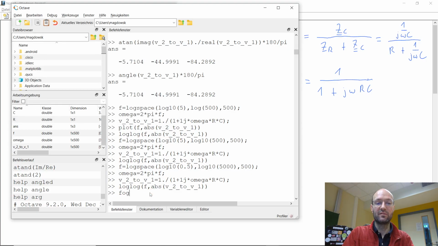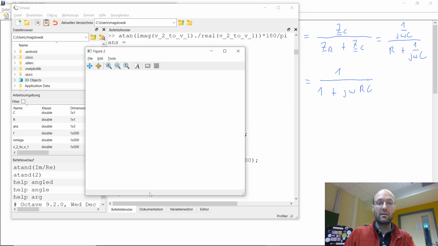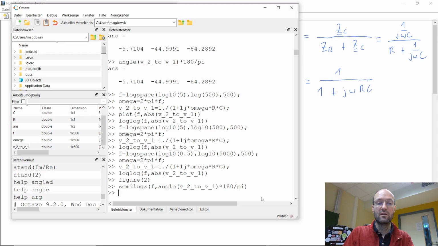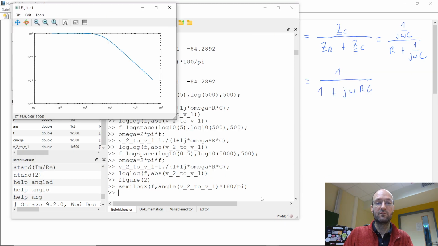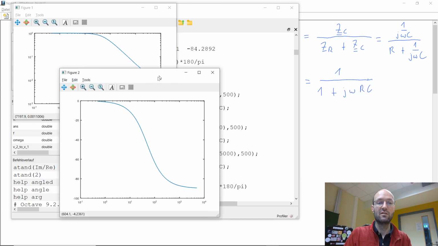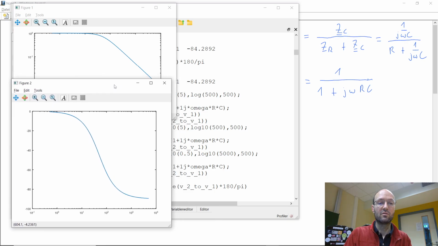And if I open up a second figure, and in the second figure plot the phase, so with respect to frequency, we take the angle of our output function and multiply this by 180 divided by p. So in the second figure, this is how the phase changes over frequency. And there you can see that